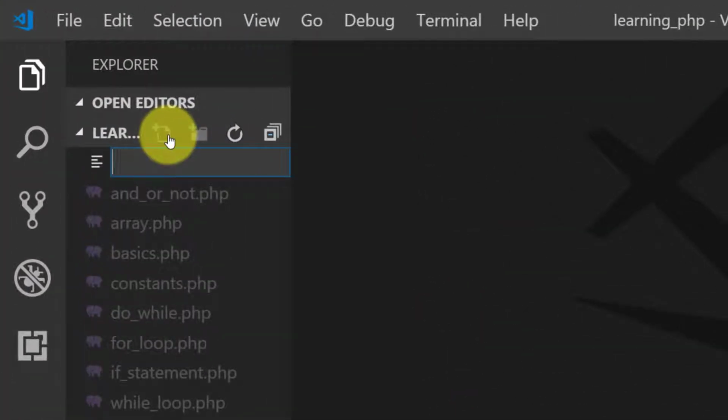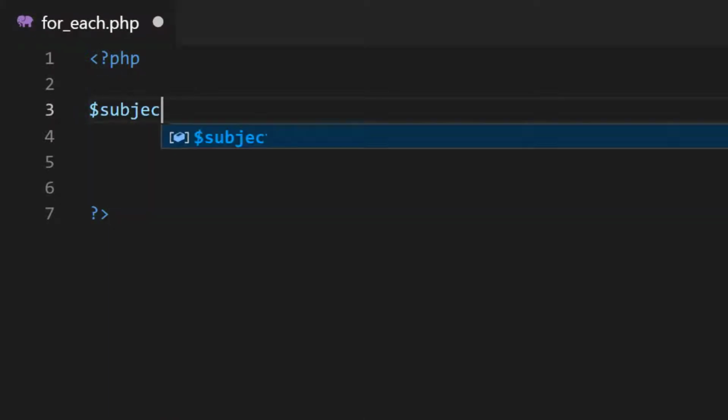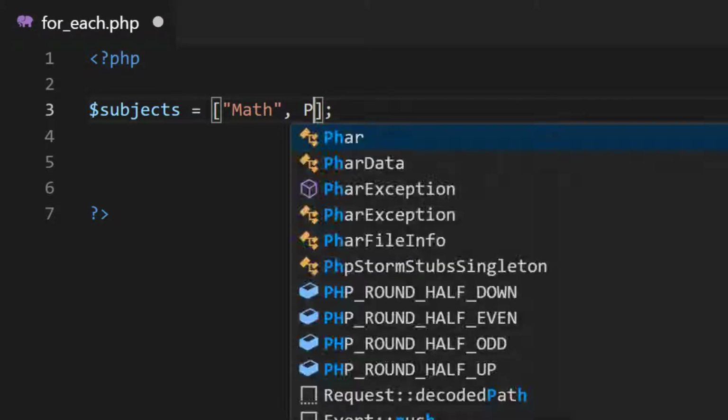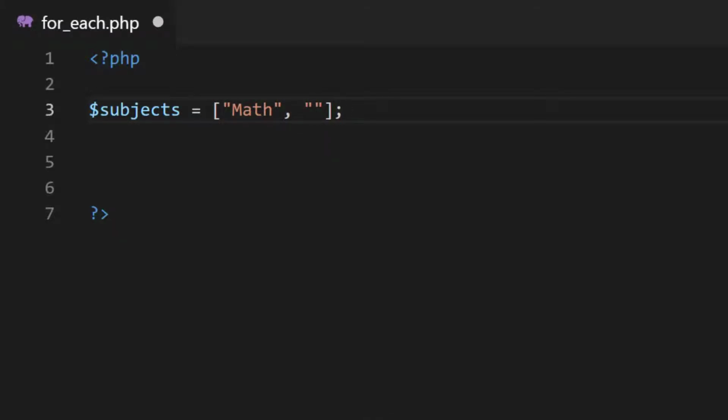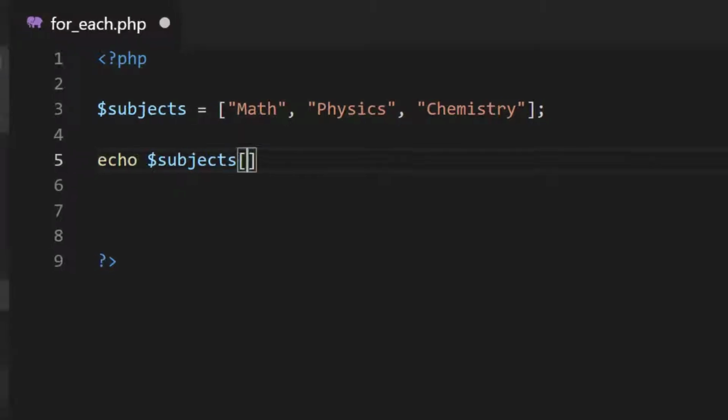Create a new file foreach.php. First, create an array subjects: maths, physics, and chemistry. Let's print the first subject: echo subjects[0], the first element,